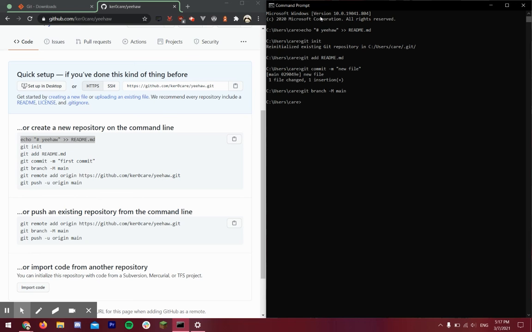So git branch, you can also check which branch you are on by just saying git branch. Oh, there you go. And it should tell you with a little asterisk. It'll show you all the available branches and what branch you're on. For now, we just have main, so we're just going to keep it at that. But there's that. And so next we want to add a reference to